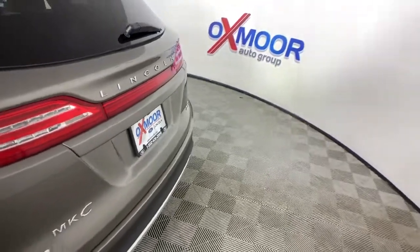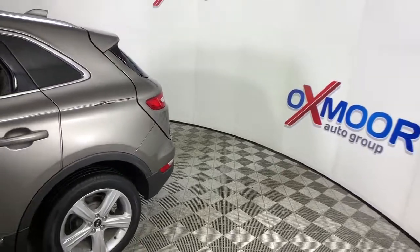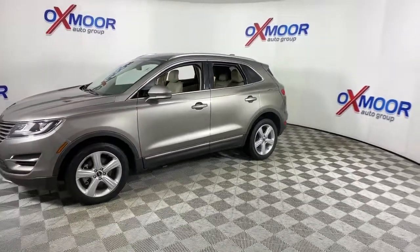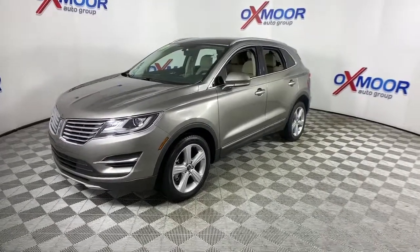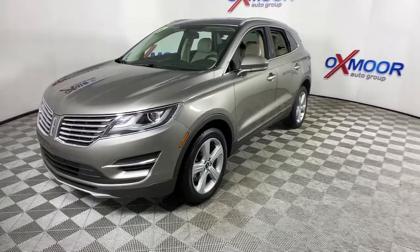Picture yourself in the 2017 Lincoln MKC. With less than 30,000 miles on the odometer, this vehicle provides excellent value. Performance, luxury, versatility. That's what this sleek MKC delivers. From its connected tech to its premium amenities to its alluring style, this compact SUV is poised to infuse every